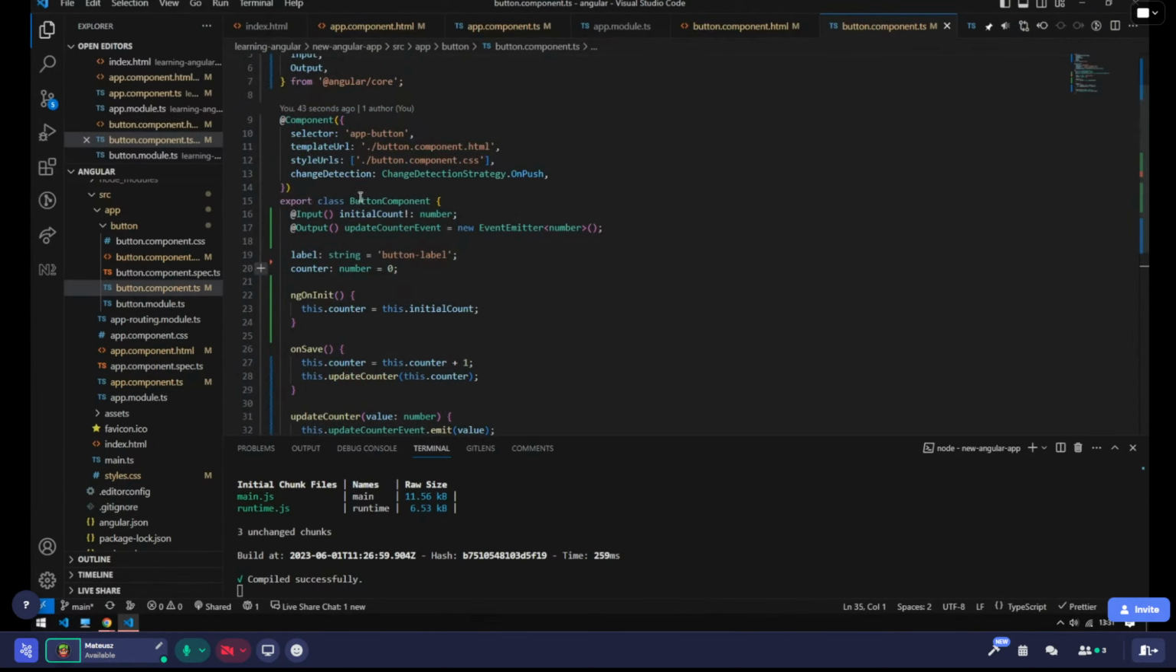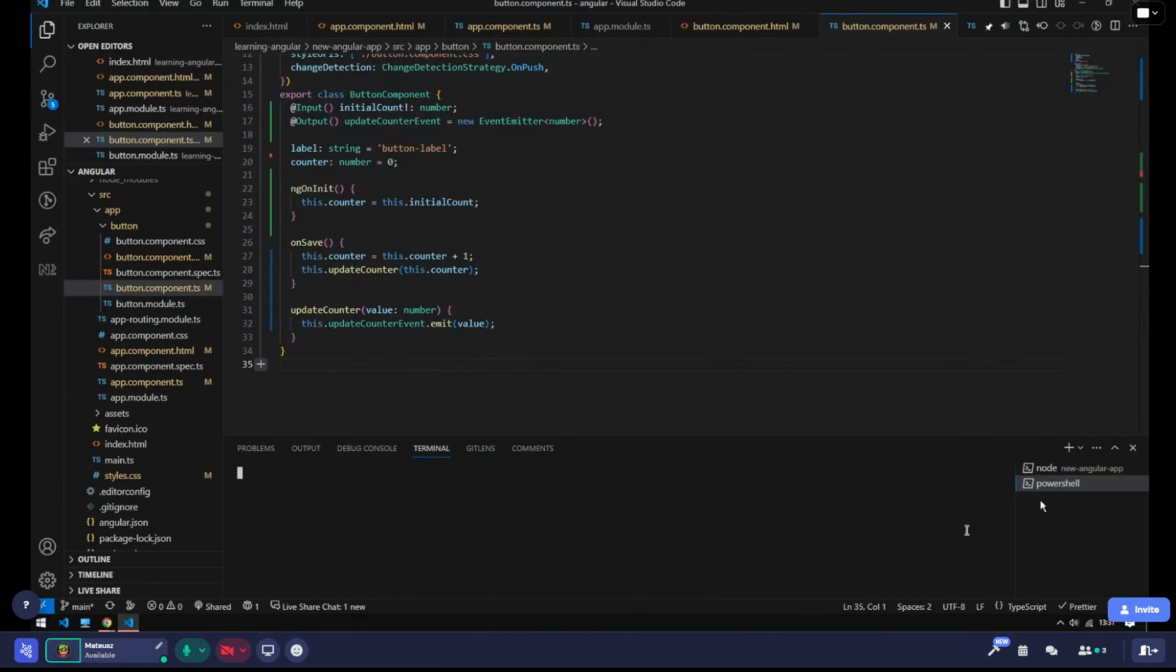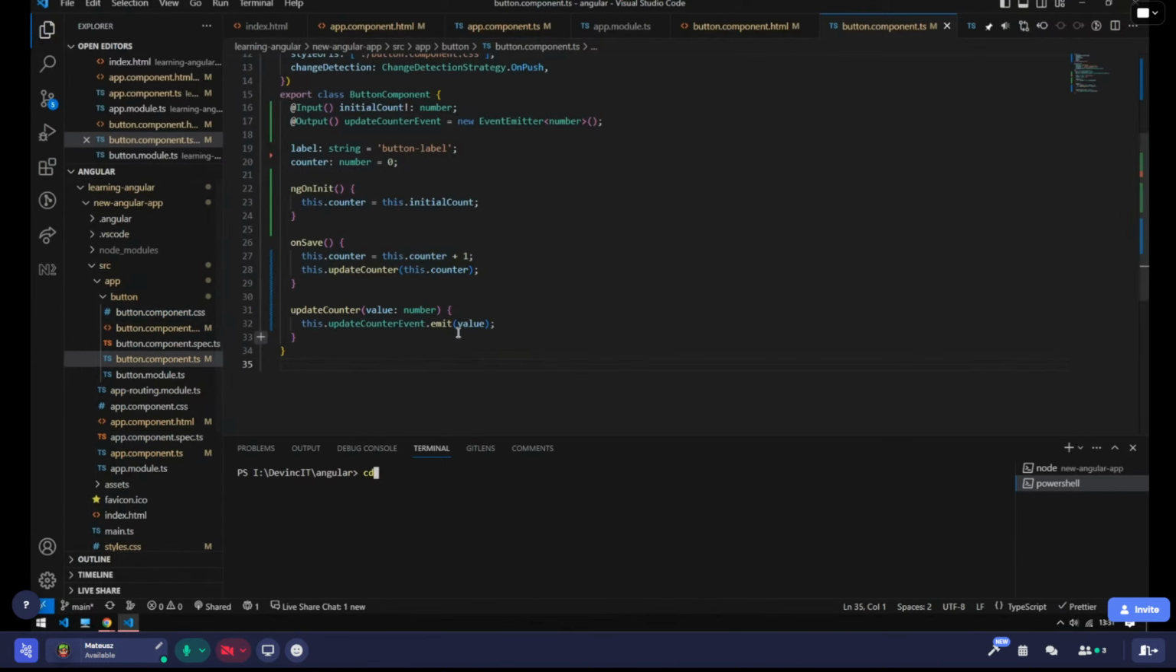Like you were creating this button component, so we need to use this generator to create components. That's called